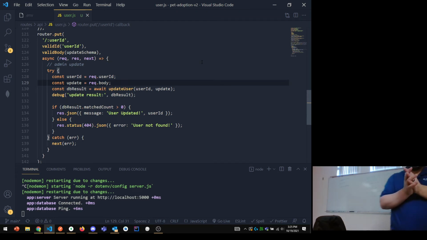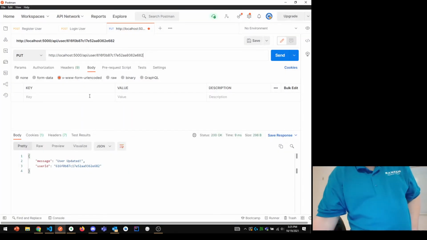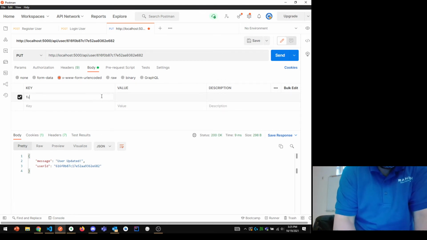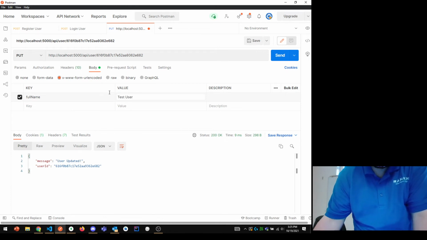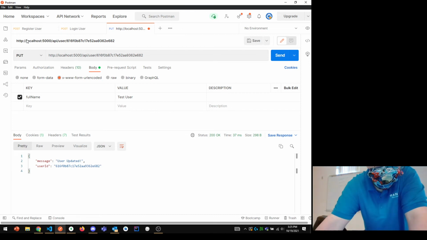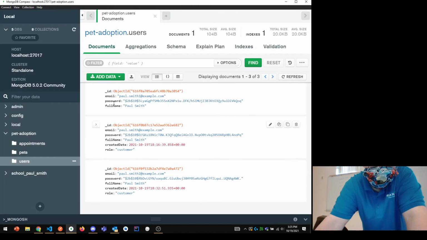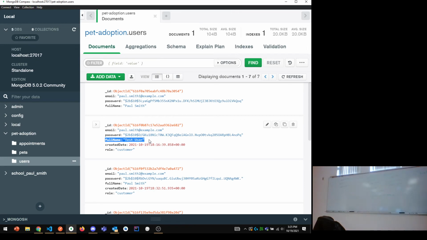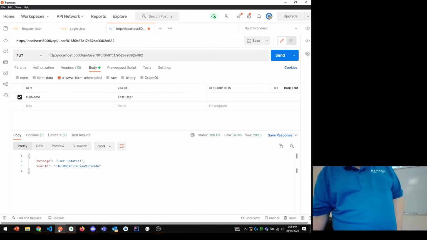Let me try to set the password and the full name, or maybe just set one. So I'm going to set the full name, test user, hit send. If I try to look at the users now, I should have one with the name of test user, which is there. So this guy's name has been changed to test user. Now notice right now I haven't set the password. Password's still good, still looks like a hash. If I try to change the password,